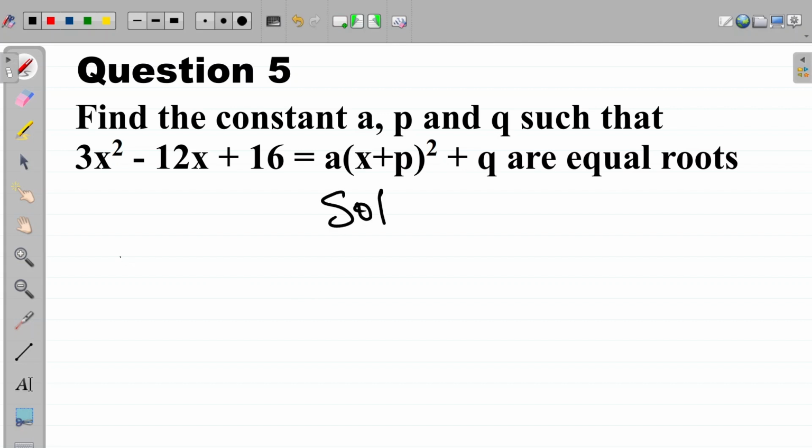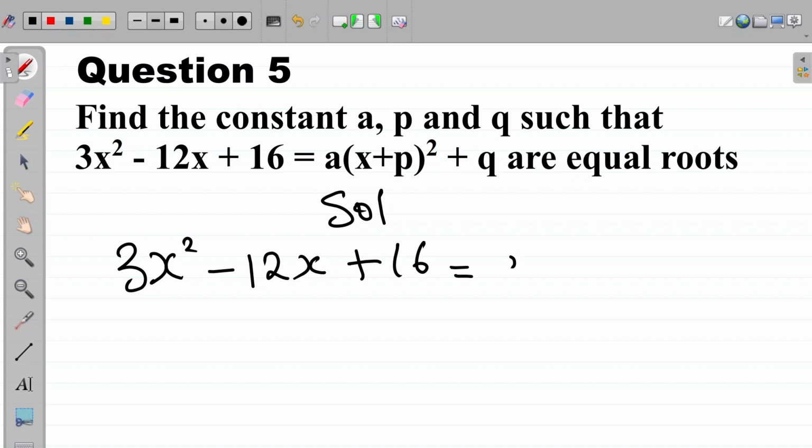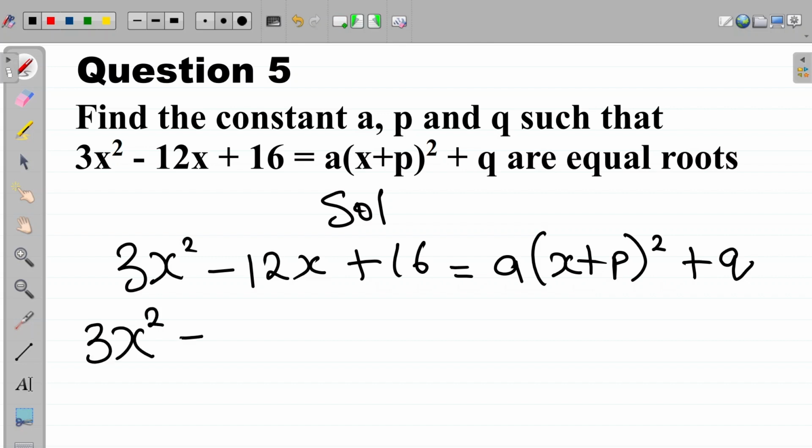So the equation is 3x squared minus 12x plus 16 is equal to a, open a bracket, x plus p all squared plus q. Now, from our equation, we have to expand the bracket in our right hand side. So we have that this is 3x squared minus 12x plus 16 equal to, we have a, open a bracket,